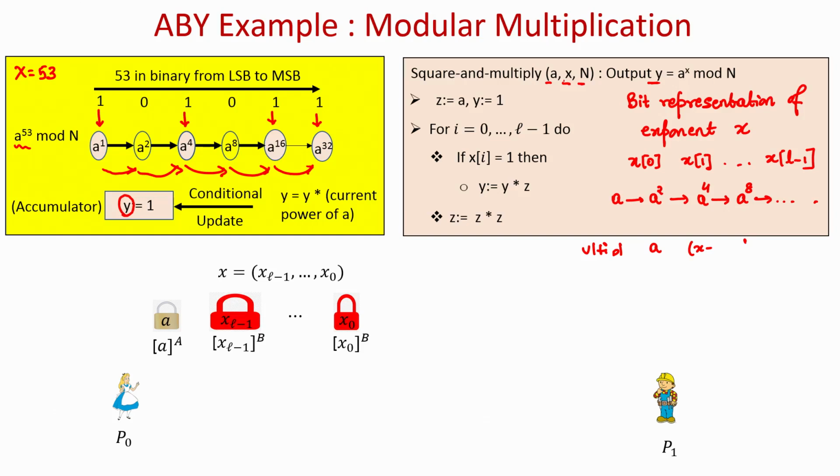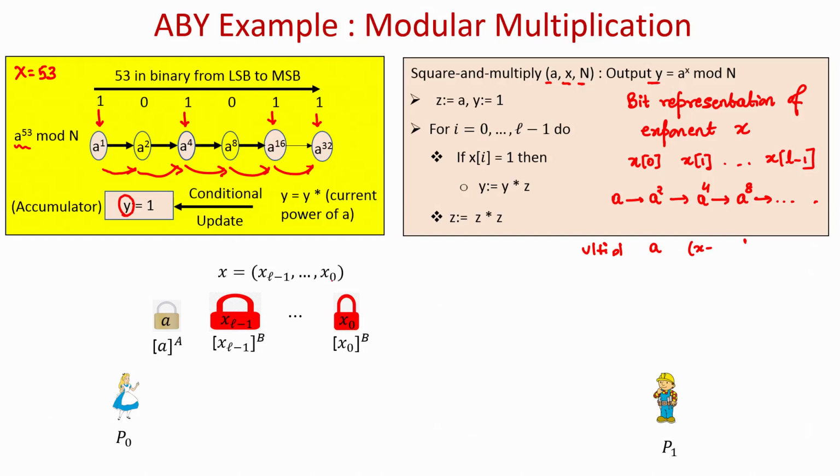So, you can see here that we are not letting x be arithmetic secret shared between Alice and Bob, because in the square and multiply trick, in each iteration Alice and Bob require the bit representation of x, not the full x. So, we can imagine that instead of x being secret shared between Alice and Bob, it is the bits of x which are secret shared, say as per the GMW Boolean representation,